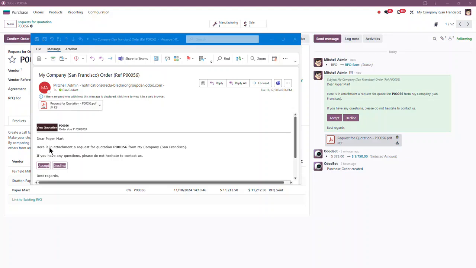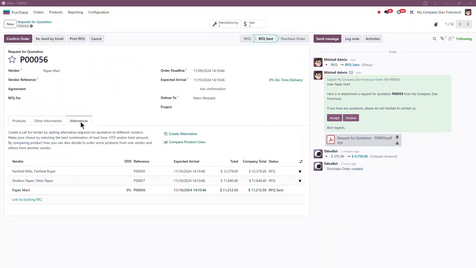So that when the vendor gets this, they're going to say that they're okay with this, and once they do, then we're going to get to choose which vendor we want. At this point, Papermart has the cheapest price and the best lead time, so we're probably just going to go with Papermart, but we did get to send it to 3 vendors just to see what the story was. All right, so back in Odoo, I'm going to go ahead